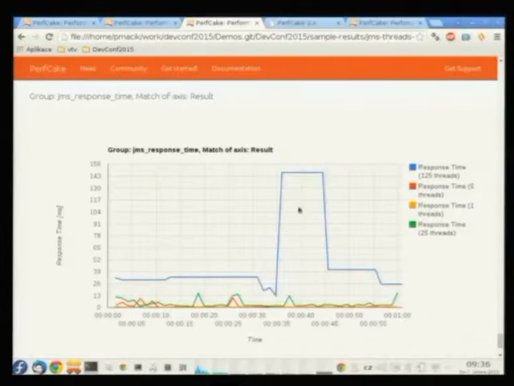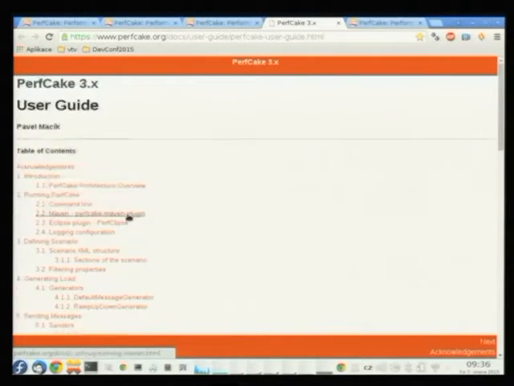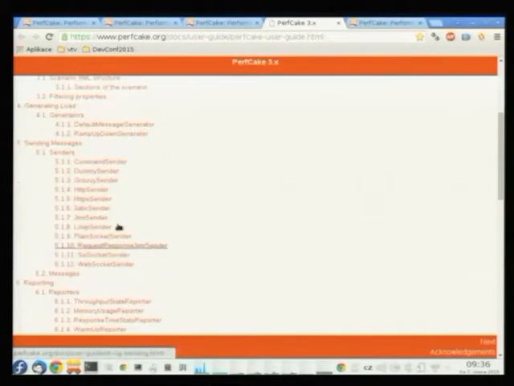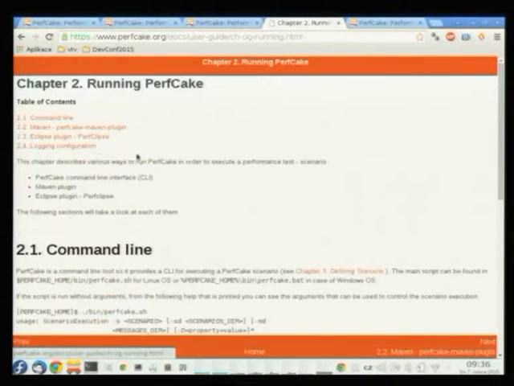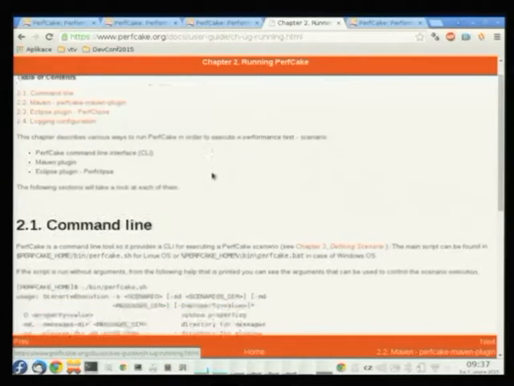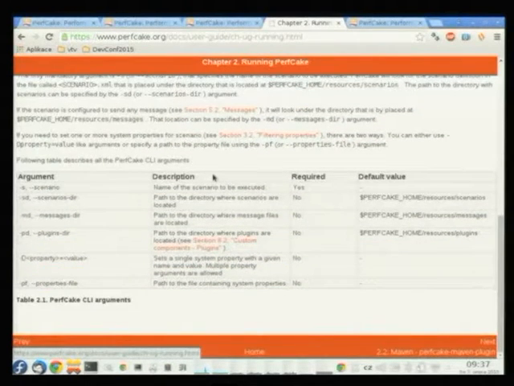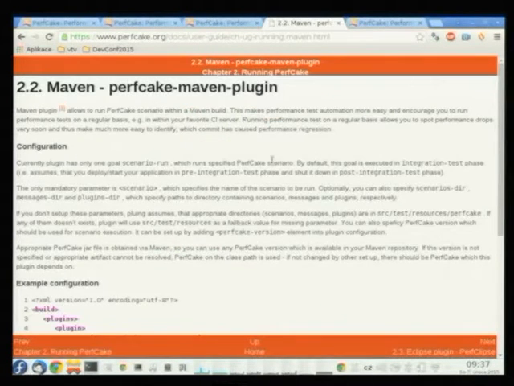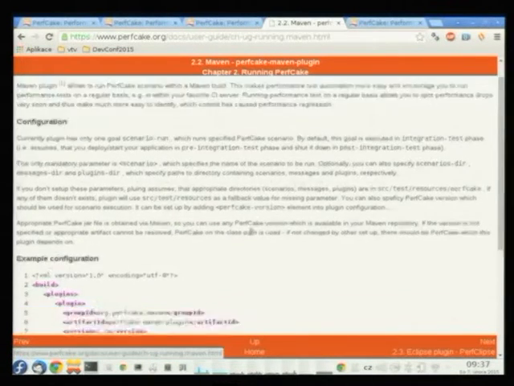The question is whether there is some more convenient way of running PerfCake than the command line. There are multiple ways. We have a Maven plugin. I think Vojta Juranek developed that. You can also make PerfCake a dependency in your project, so you can run the scenario using the API, and you can run it using Maven even in the source code.